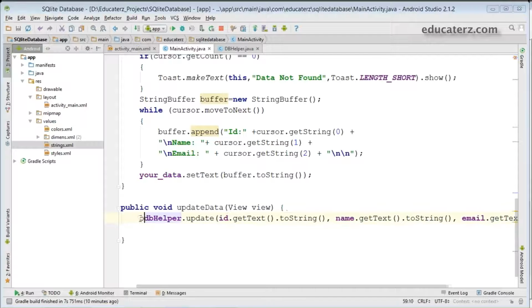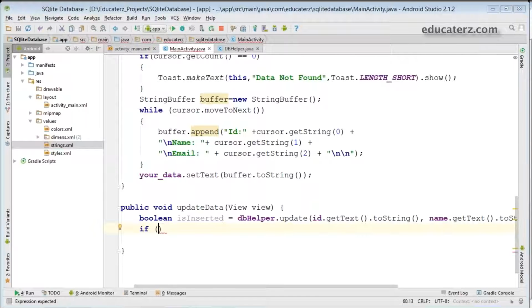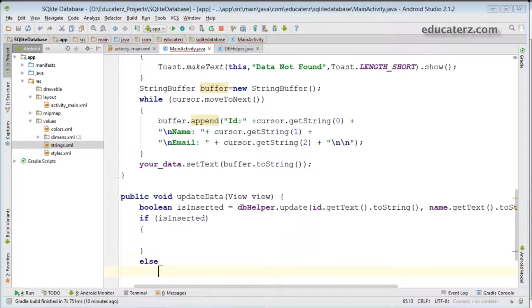The type is boolean, so I'll say boolean isInserted, just like in your insert method. Now we'll check the condition: if it is inserted, it will show something to the user, else it will show something else.